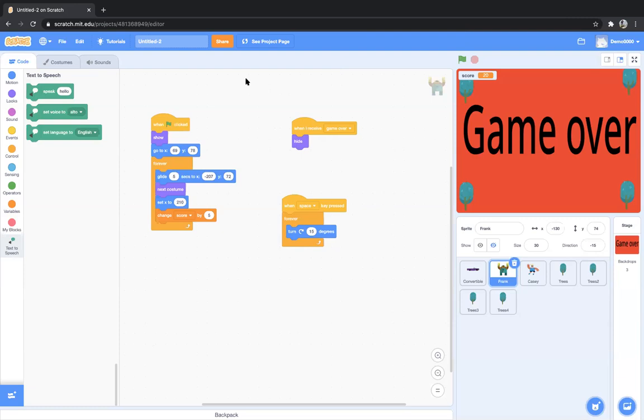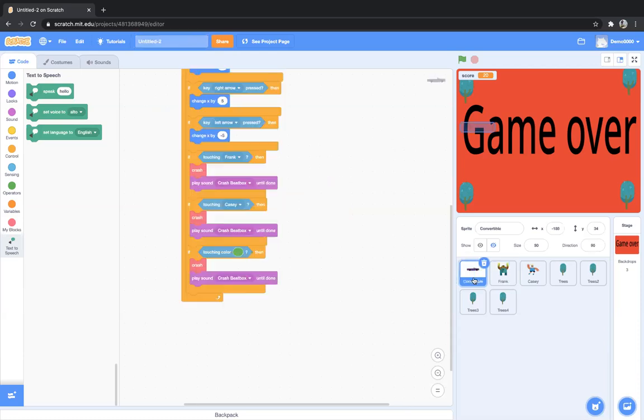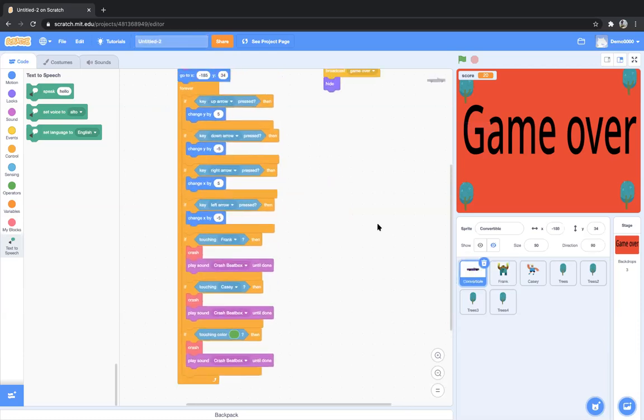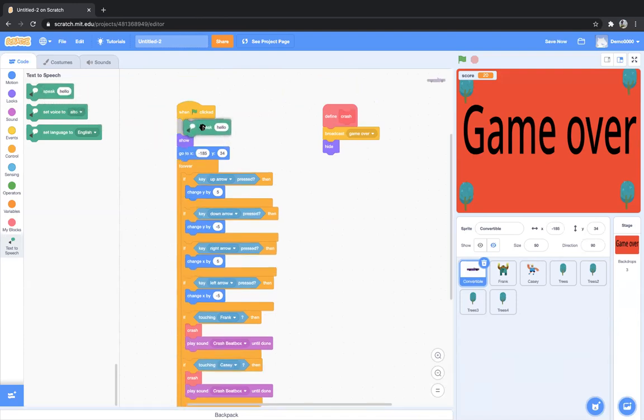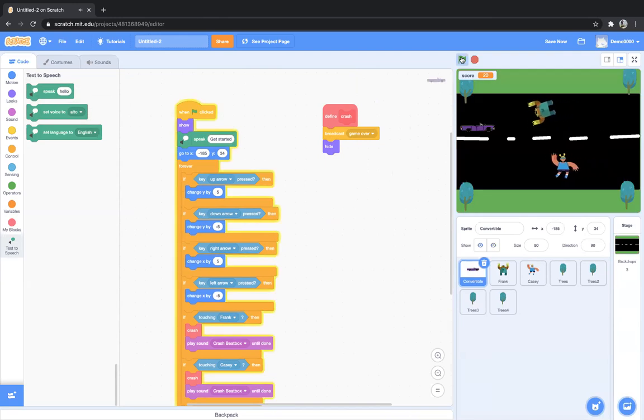So what I'll do is show the last activity once. I'll just add it here itself. I'll go to car. When green flag is clicked, I'll press this speak block below show, and let's say get started here. Now see, if I click on green flag, it says get started. Is it clear?